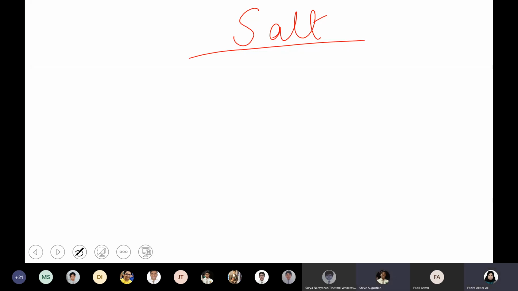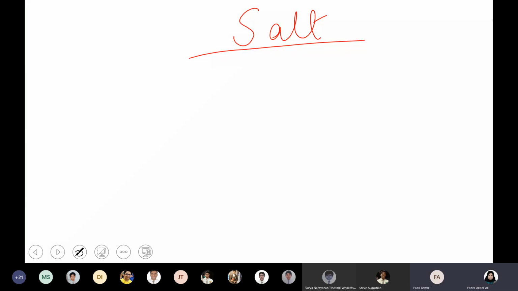Salts can be acidic and basic in nature. It can be acidic, can be basic, or sometimes it can be neutral, right? That is based on what kind of acid and what kind of base they are prepared from. Based on that, salts can be either acidic, basic, or neutral. Okay. Other than chemically, what is the nature of salt?